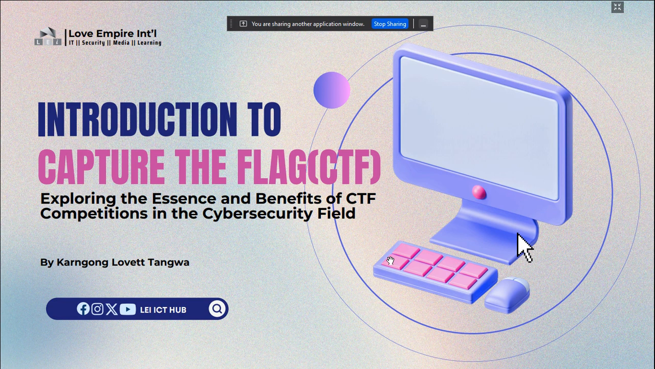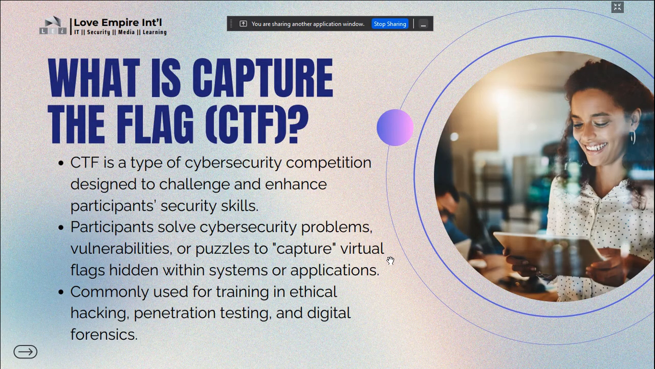Okay, so like I said, we're talking about an introduction to CTF. CTF stands for capture the flag. Okay, so what is CTF? What is capture the flag? When we talk about capture the flag, it is a type of cybersecurity competition designed to challenge and enhance